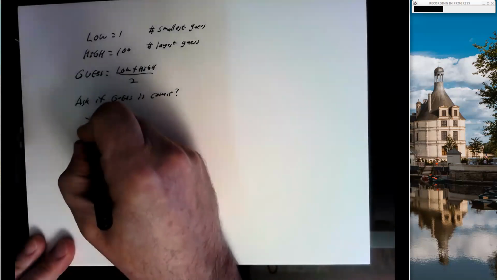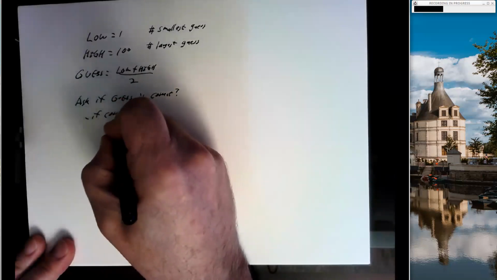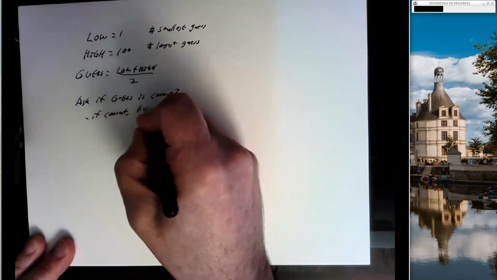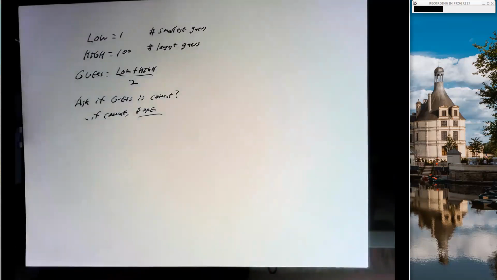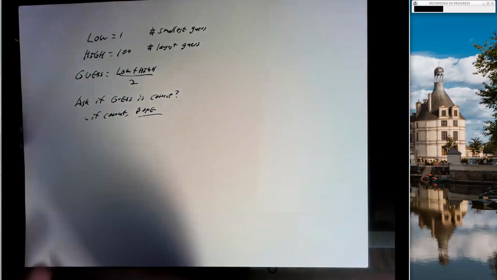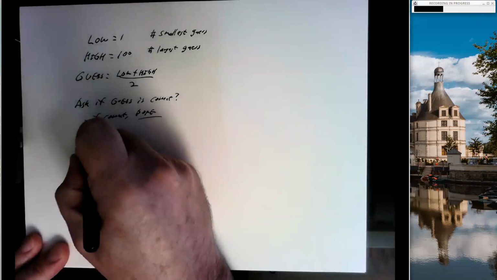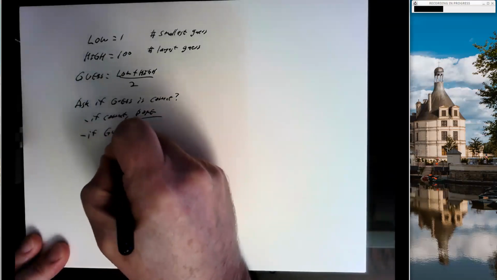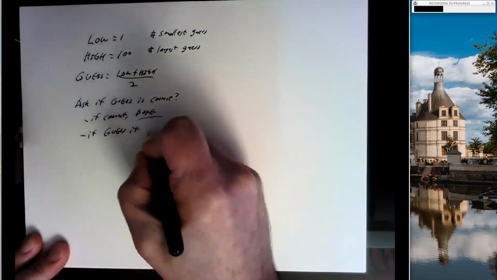Okay, if it's correct, then we're done. The program guessed the user's number. We can say thank you for playing and we can exit. All right. If the guess is too high,